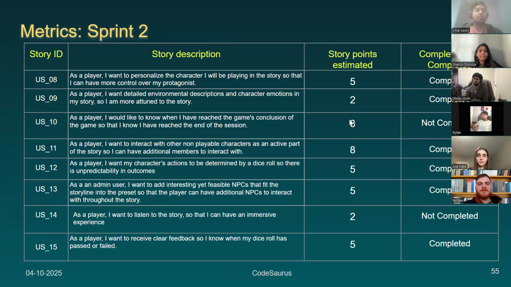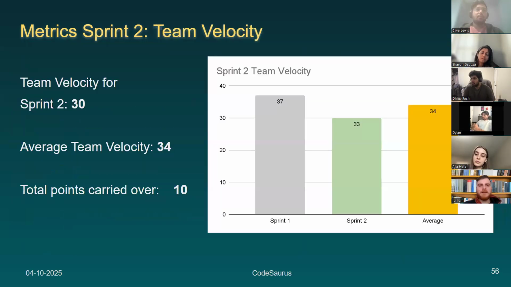So this area just shows the user stories that we did complete during Sprint 2, just a brief overview of it in table form. You can see that user story 10 was not completed and user story 14 was also not completed, which will be carried over. And looking at our team velocity, for Sprint 2 we had 30 story points completed, and our